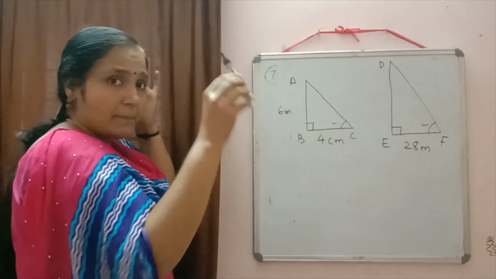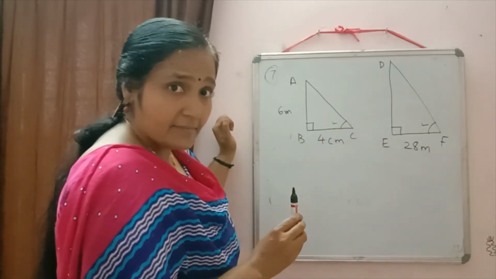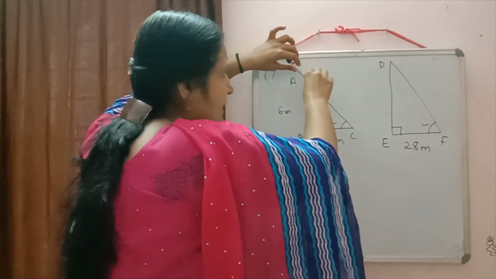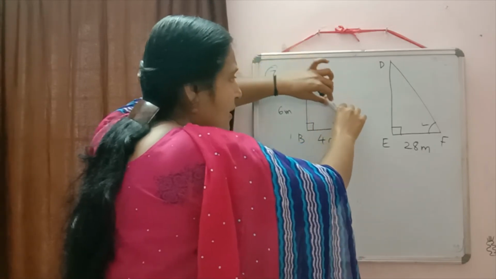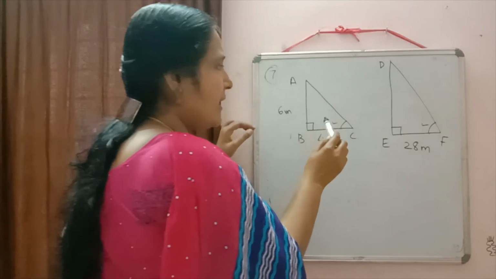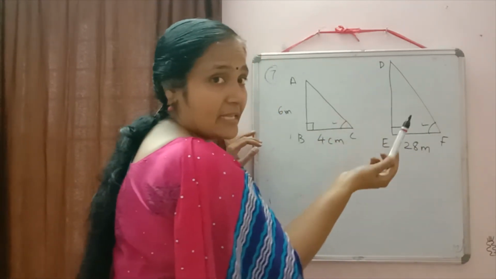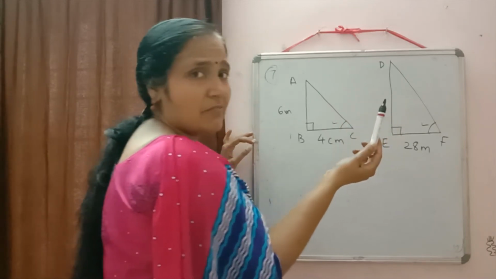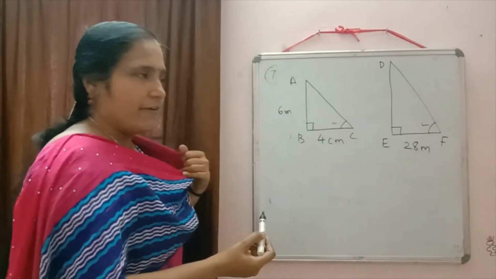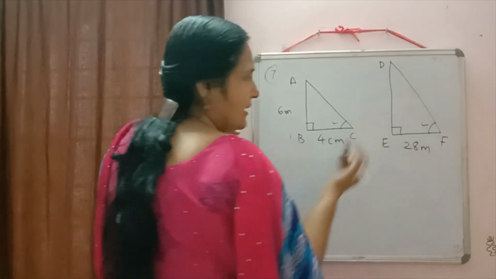They both will be perpendicular on the ground. So these two angles are equal, as they are formed at the same time. At the same time shadow will come according to the position of the sun. That's why the angle made by the sun will be equal. In detail we'll study in the next chapter, when we study trigonometry. So angle C is equal to angle F. And what we have to find out? Height of the tower, means we need the length DE.